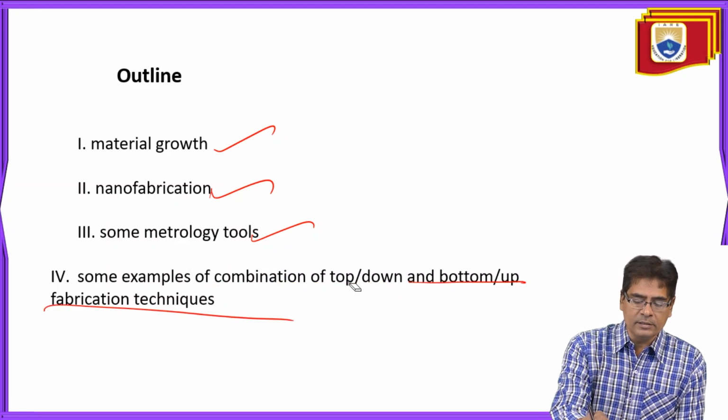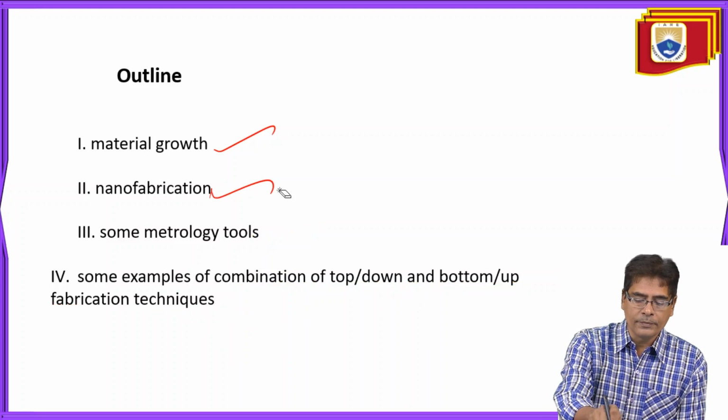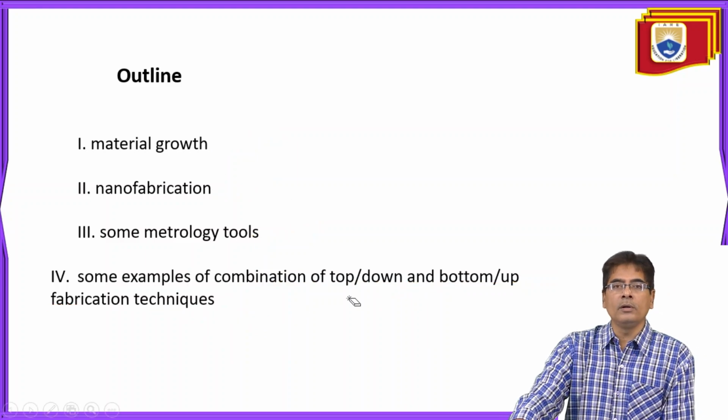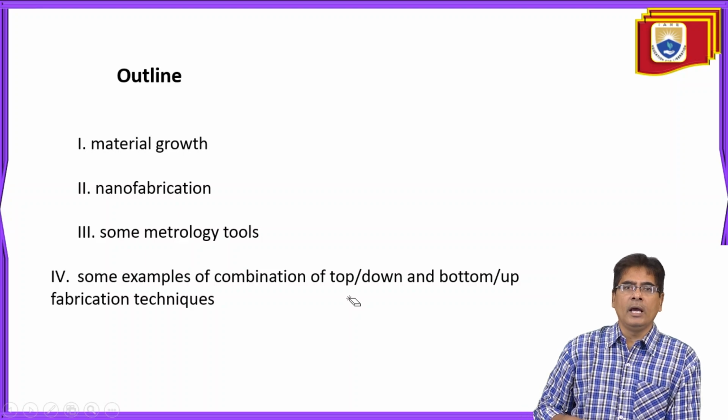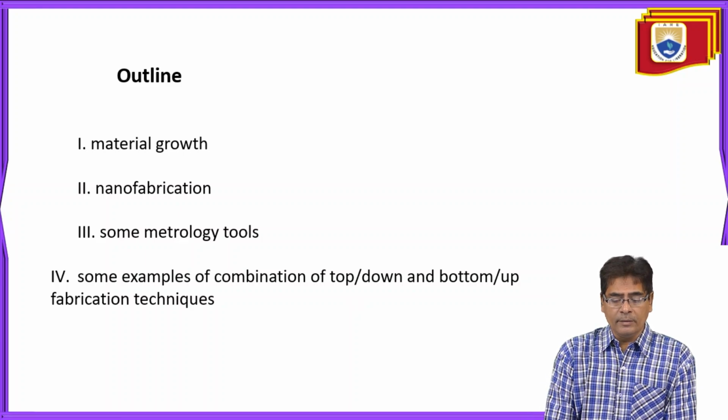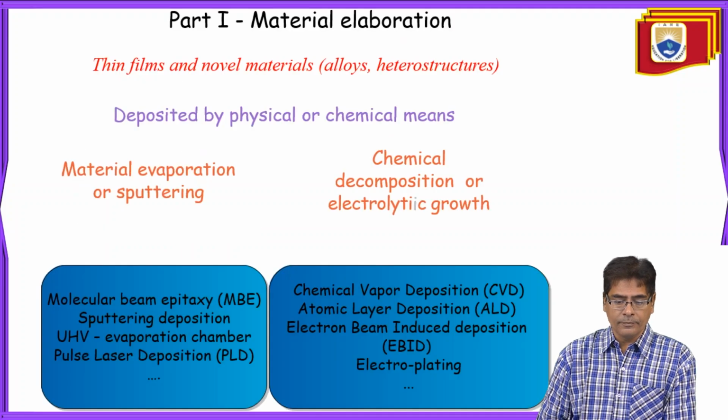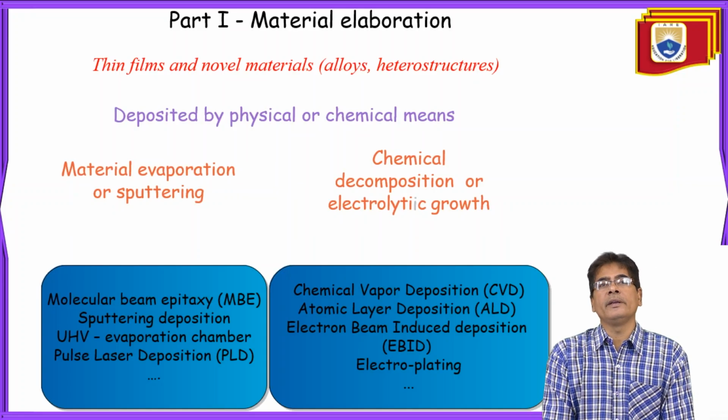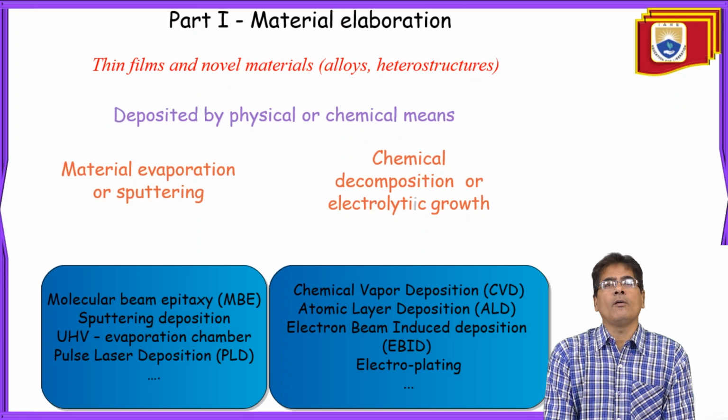So we need to understand this type of examples also, right? How the material is grown, what is nanofabrication, what are some metrology tools, and some examples of combination of top-down and bottom-up fabrication techniques. So when we speak about the material elaboration, thin films and novel materials,